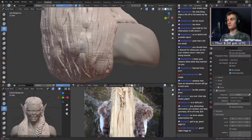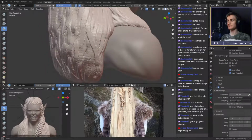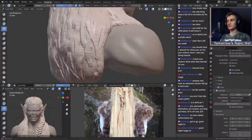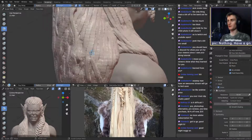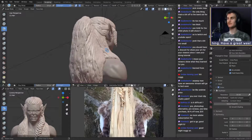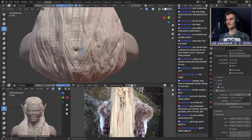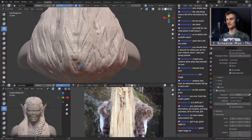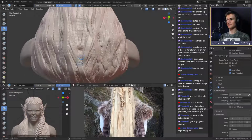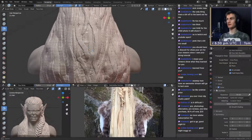Especially with this very rough, very wild looking hair, we have a lot of these semi-deviating hairs, because it's supposed to be wild, not really following a certain rule or guide when it comes to hair. So introducing that in here as well, by bringing in a lot of these deviating hair strands, will help make this look more